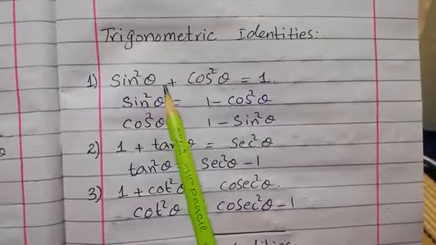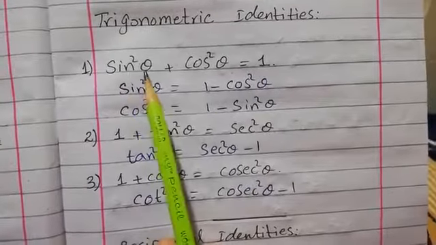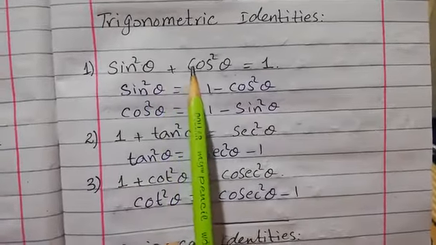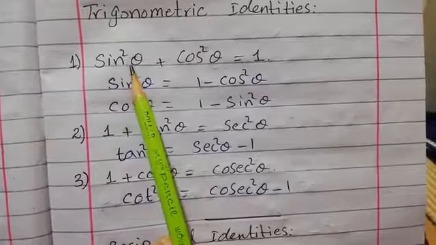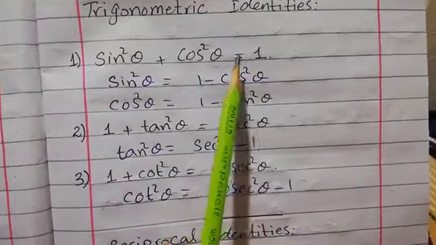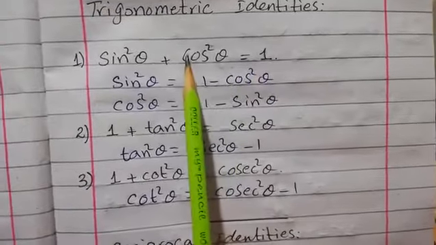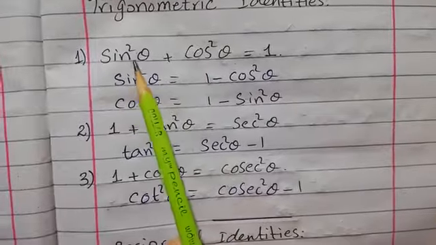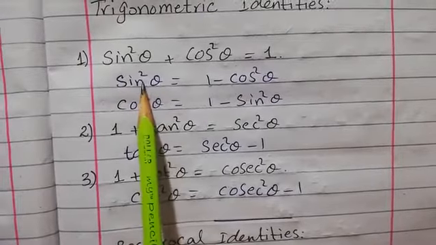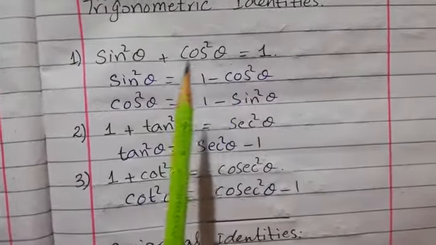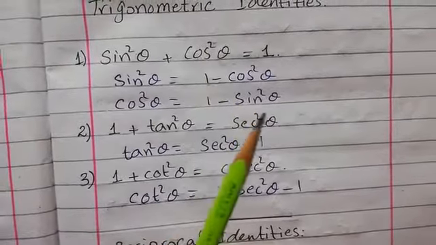There are 3 trigonometric identities in your syllabus. We have discussed in detail also. At this time today I will just revise because this is the introduction of the topic. Our first identity is sin square theta plus cos square theta equals to 1, and you know that identity means that the equation which is satisfied by all the values is known as the identity. This is the actual identity, and from this identity we can derive two other identities, like sin square theta equals to 1 minus cos square theta and cos square theta equals to 1 minus sin square theta. These are the derived identities from this one.